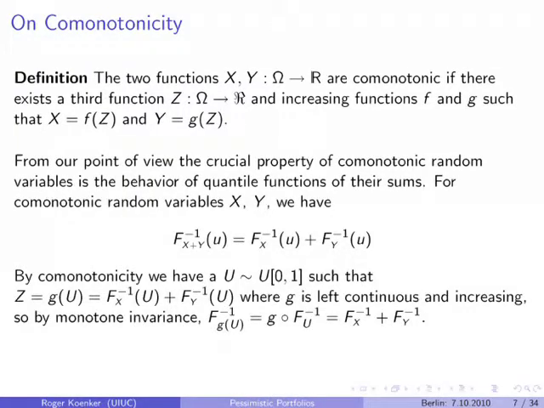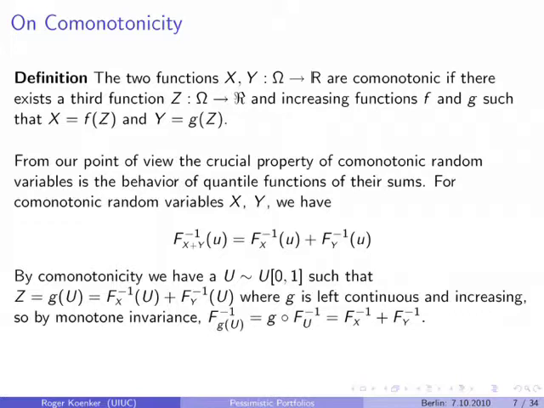The reason that this is a good thing from my perspective, and the reason that it's a very restrictive thing from maybe your perspective or some more general perspective, is that usually when you think about the quantile function of linear combinations of random variables, or in particular addition of random variables, that quantile function has no simple representation in terms of the quantile functions for the two marginals. That is, you could think about